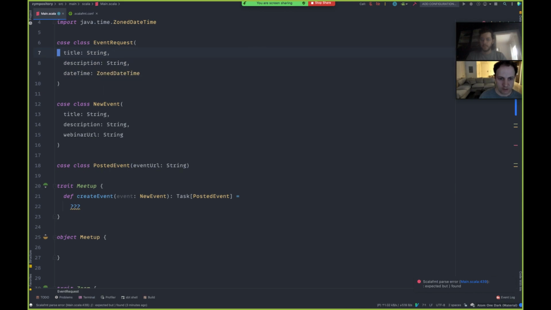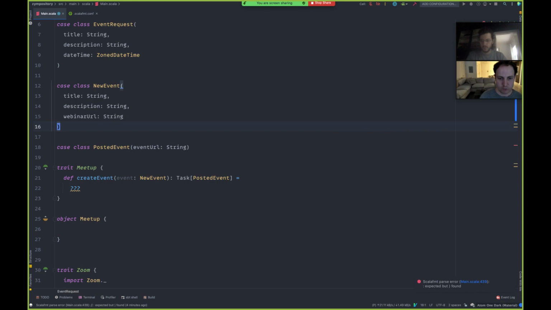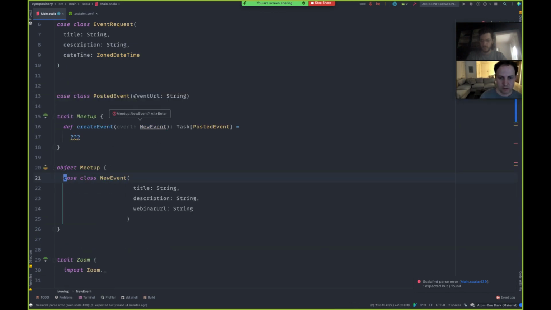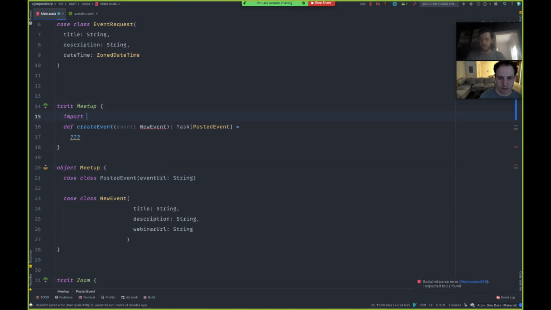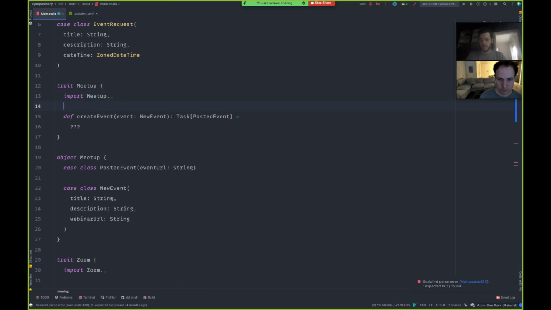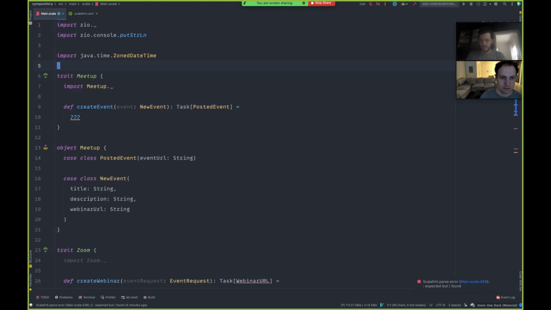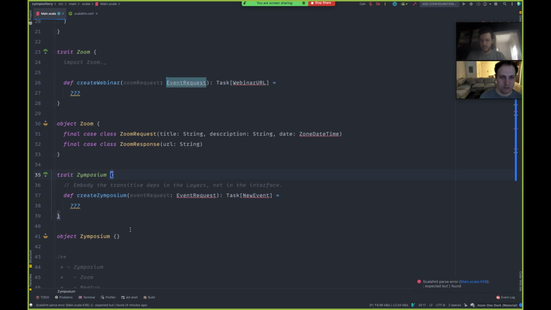So this Zoom request, we said it was going to have a name, a description. I think it's going to be a title. Title, description is also a string, and its date, that's its own date. And then this can go away, and this will take a Zoom request.